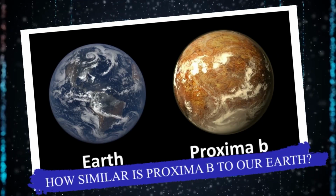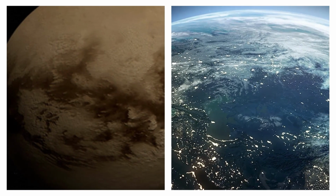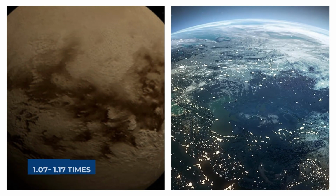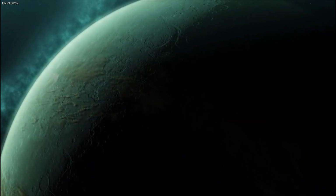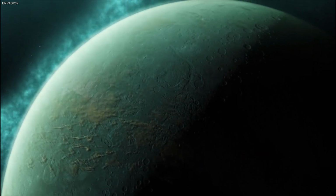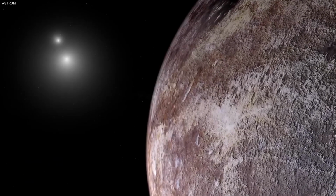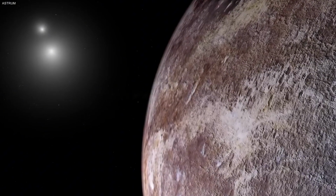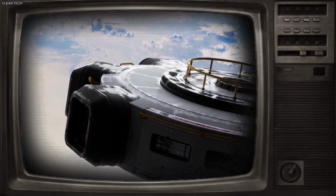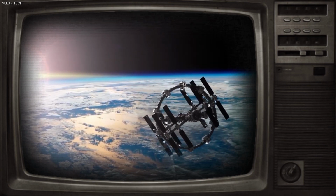How similar is Proxima B to our Earth? When it comes to physical characteristics, Proxima B's mass is estimated to be about 1.07 to 1.17 times that of Earth, making it quite similar in size. However, its radius remains uncertain, with estimates ranging from 0.94 to 1.4 times Earth's radius. This variability in radius makes it difficult to definitively categorize the planet, and depending on its exact composition, it could be more Earth-like or potentially closer to a smaller